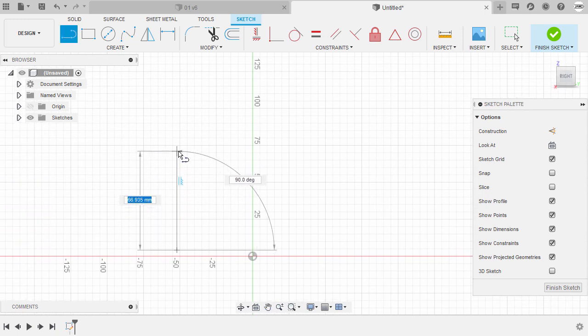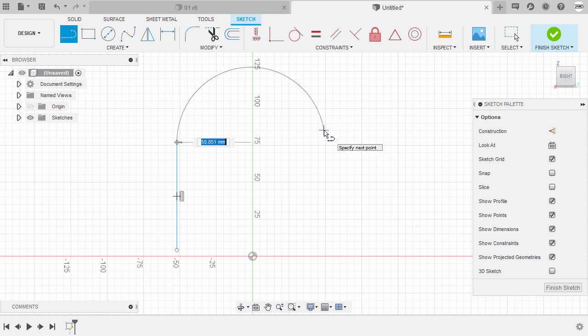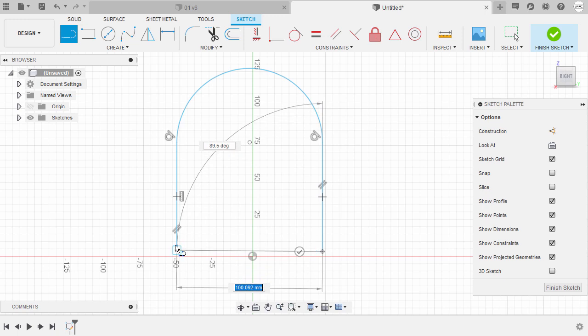Let me move up. In addition, we can create an arc within the line command. So without left clicking for now, I'm going to left click and hold. Once more, left click and hold. I'm still holding my left mouse button. And notice here I have created an arc within the line command. I'm going to release, move down, left click once more, and head over to the endpoint of this line to close this,